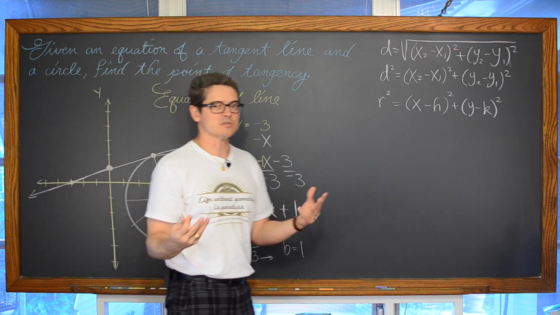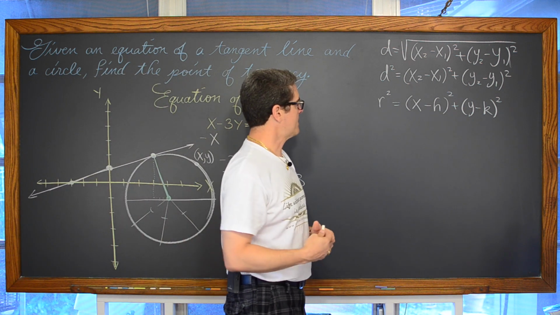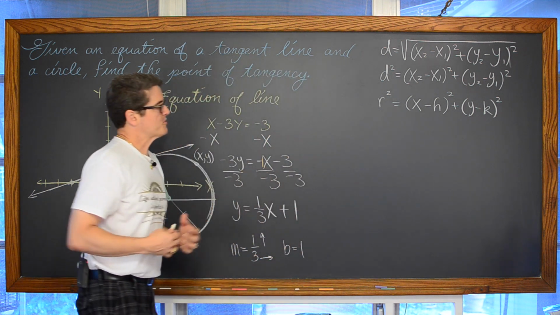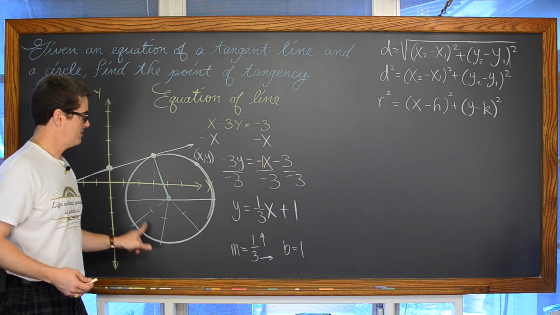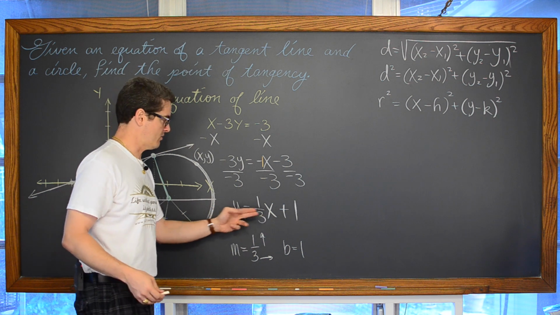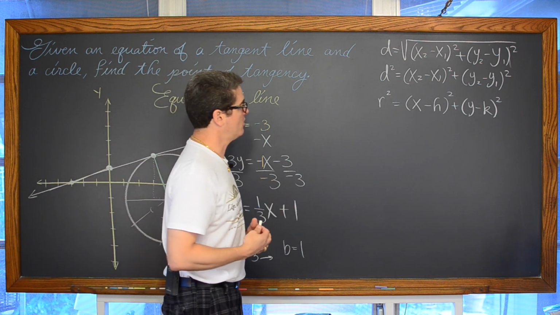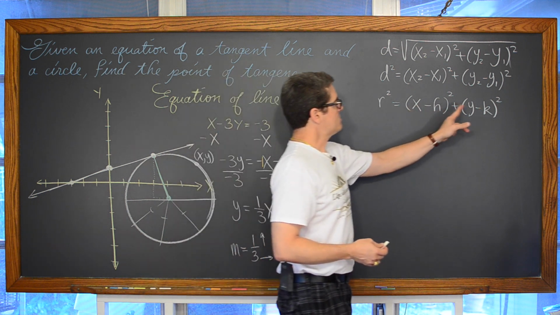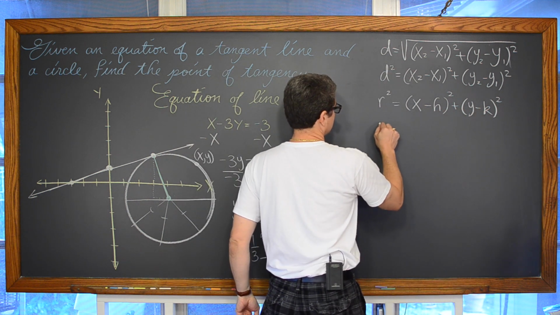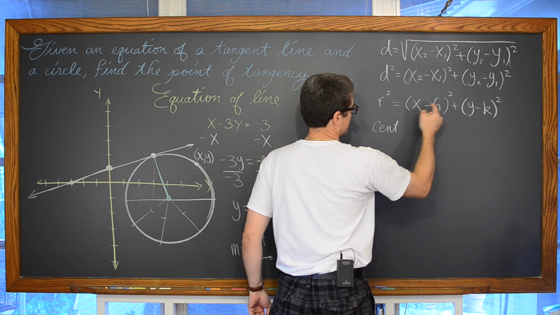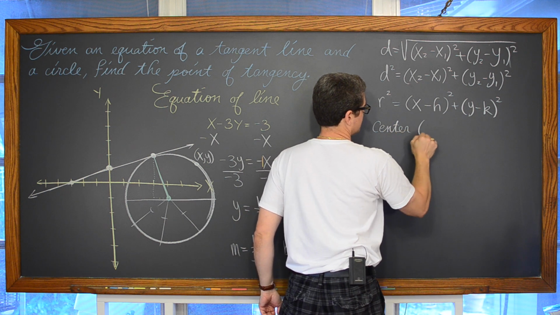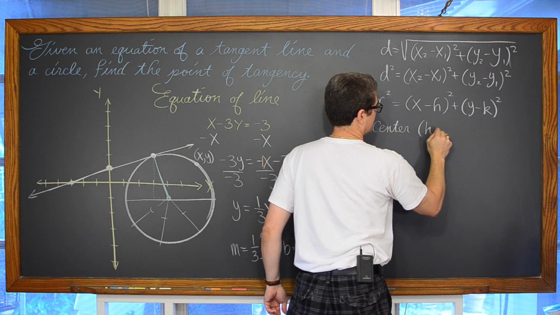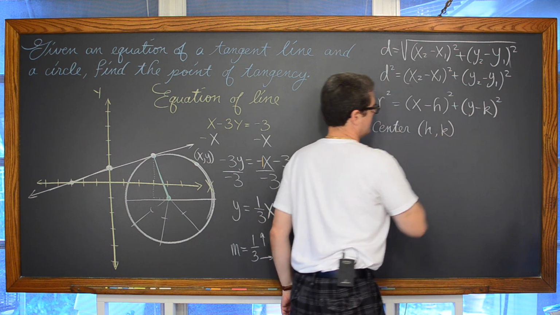We give some special labels to x and y axis, intercepts and all that kind of good stuff, but x and y represents every point that the graph goes through, that you plug in some kind of independent variable x and you get out a y, and together that makes a point. So you need that x and y in the equation of your circle. And h and k represent the center. It's the x-coordinate of the center and the y-coordinate of the center.